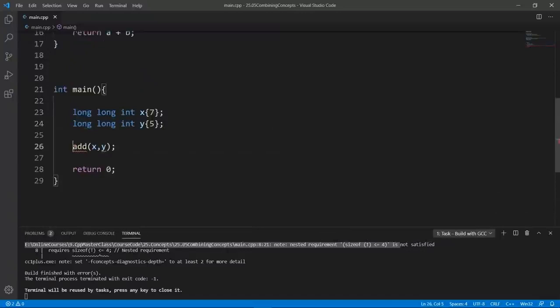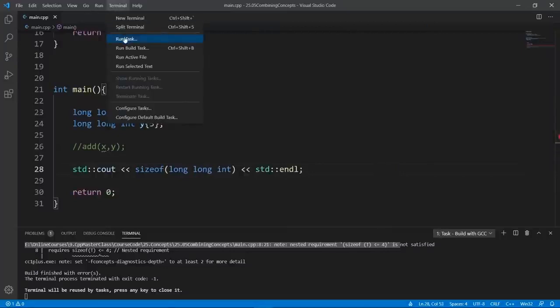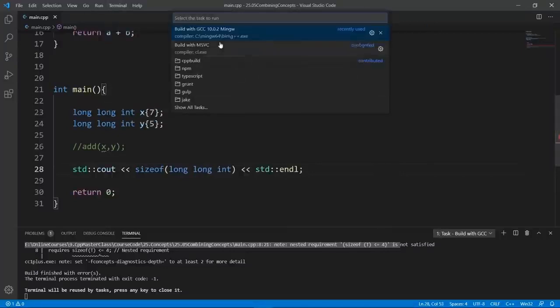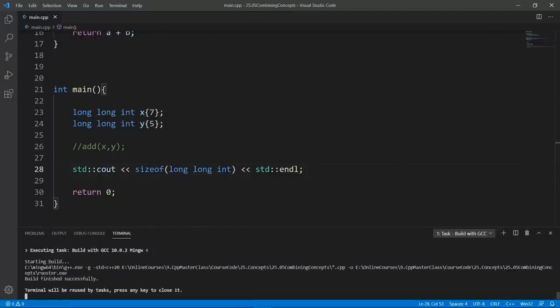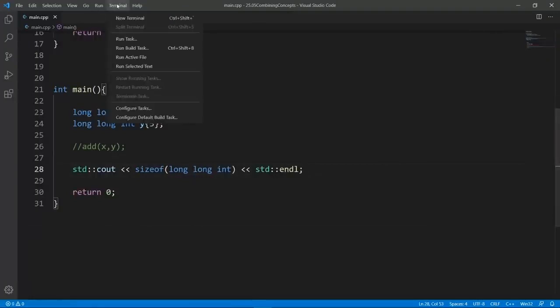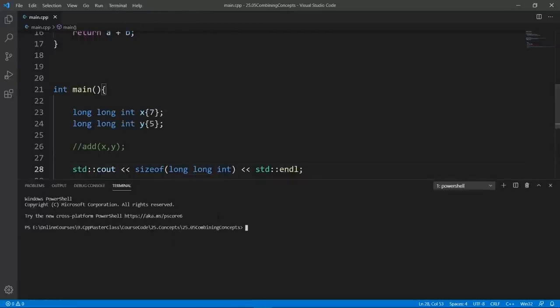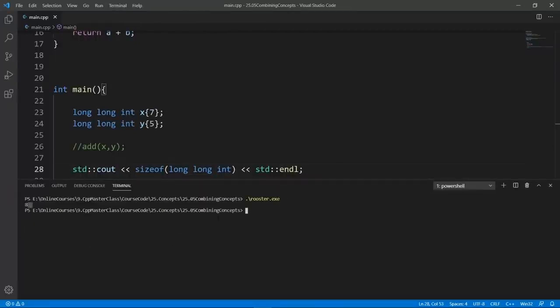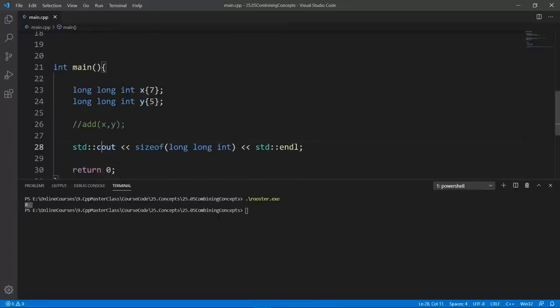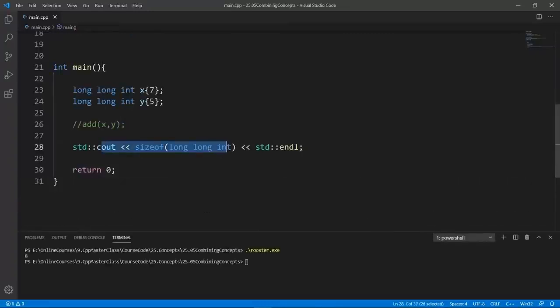You can try and prove that by taking out this guy here and saying std::cout sizeof long int. We're going to see this print out. And if we build now, we're not going to violate our concept because we're not calling the function. The build is going to be good. What we want to do is run the program and see the size of long int. We can do this. Run it, the size of long int is 8,